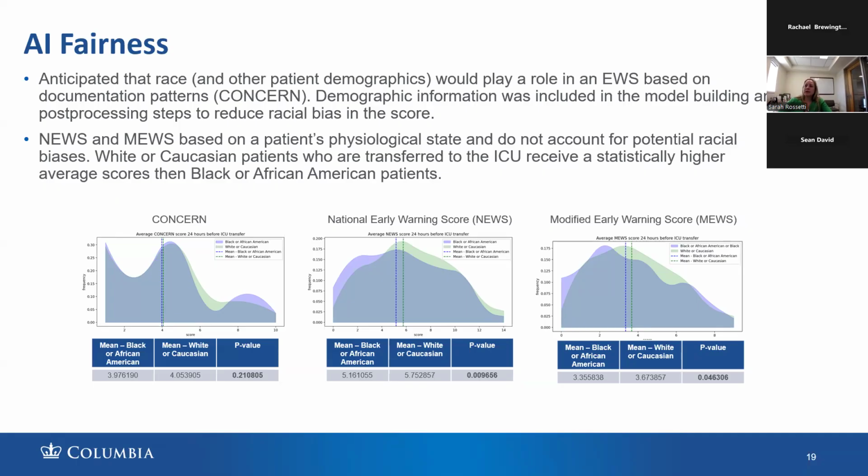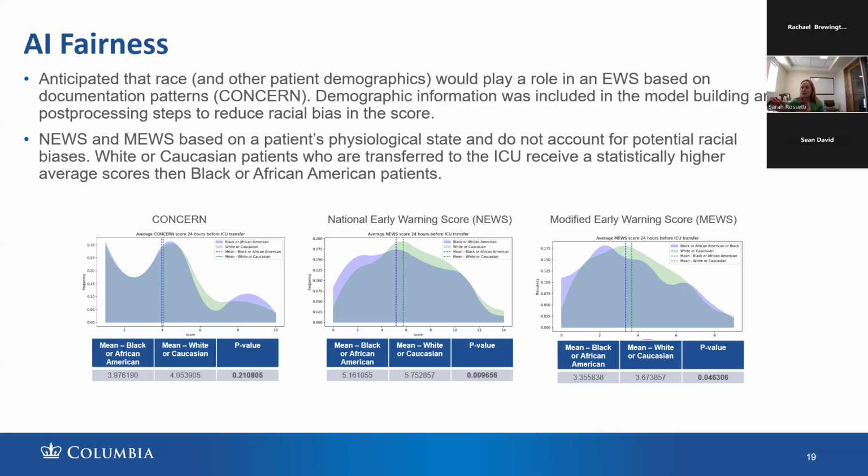And so the reason we see this is we know that EHR data has biases in it. We're modeling these patterns of documentation. And so if you just model those and you don't take into account that there are biases, perhaps in the frequency of attention across patient populations, then you're going to have bias in your model output. And so we corrected for that in the concern output to make sure that we weren't propagating that bias.